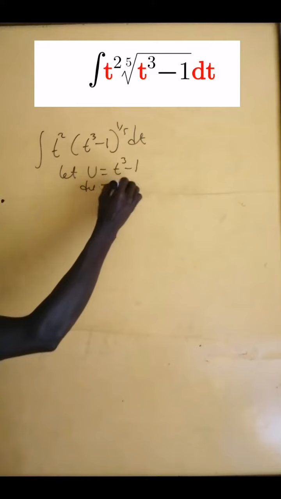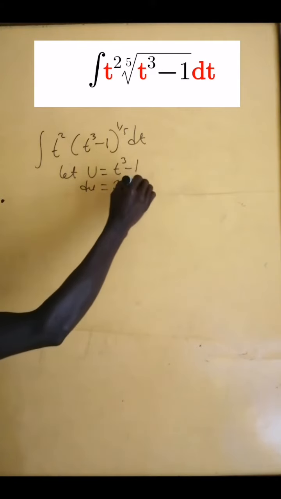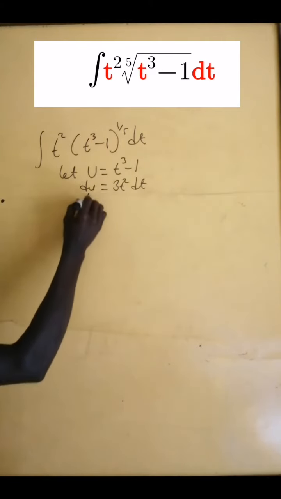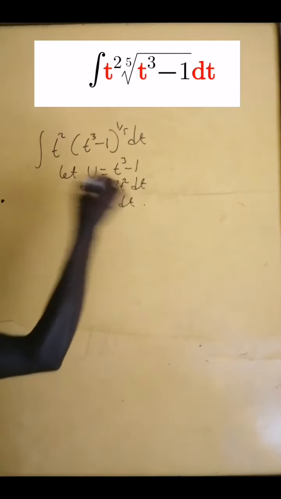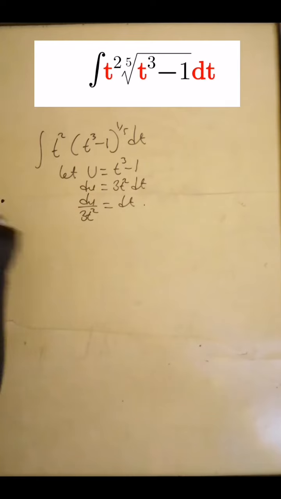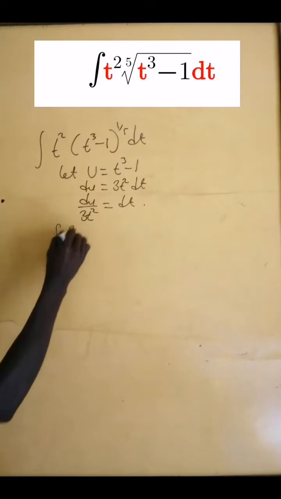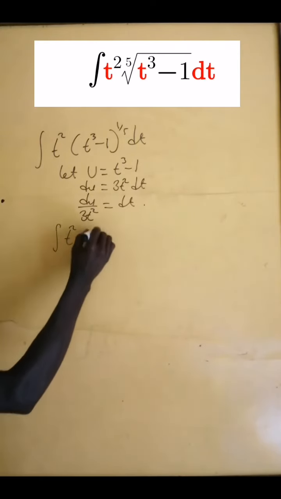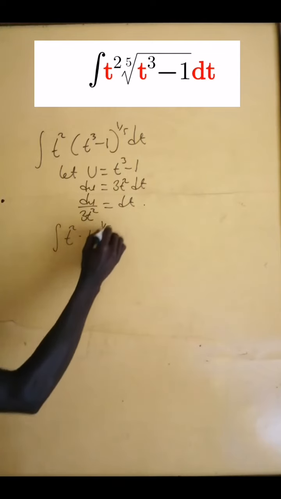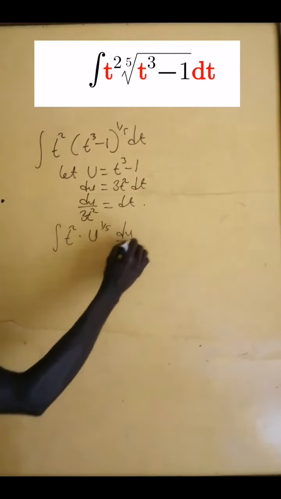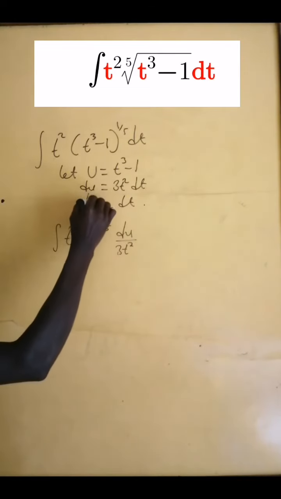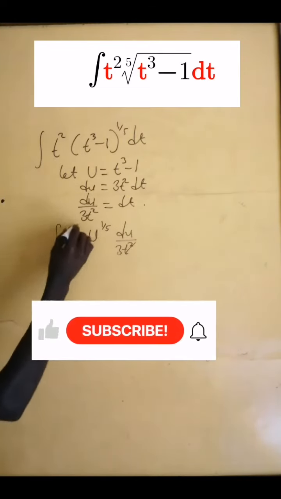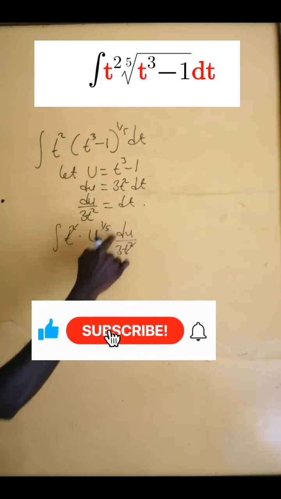equals 3t squared dt, since if we differentiate 1, you get 0. Now, du over 3t squared equals dt. So we can write our integral as the integral of t^2 times u^(1/5) times du over 3t squared. Since dt equals du over 3t squared, t squared will cancel t squared, and we have